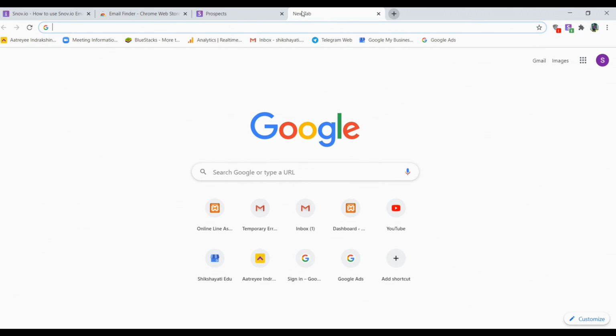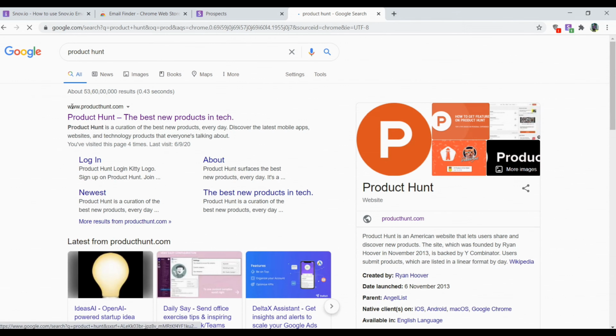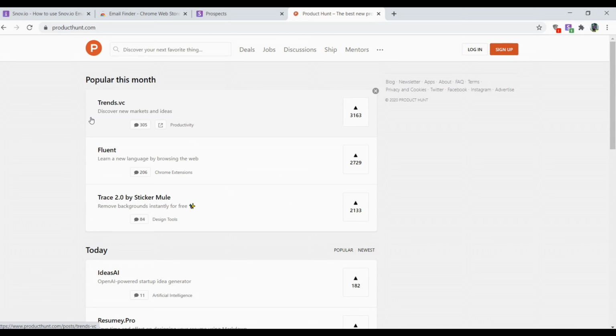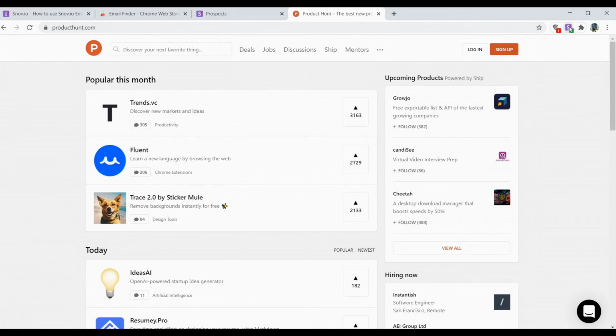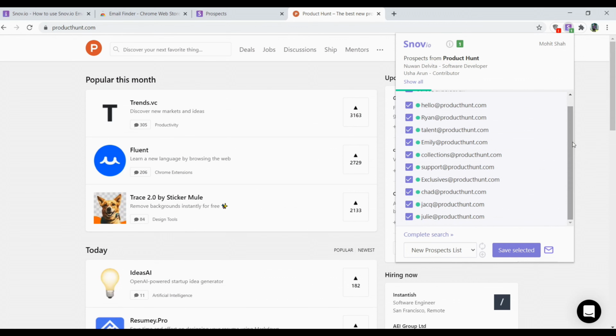For example, if I go and click on a website like Product Hunt, and if I click on this icon, I'll get all the email IDs related to this domain, which I can easily save for my future reference.